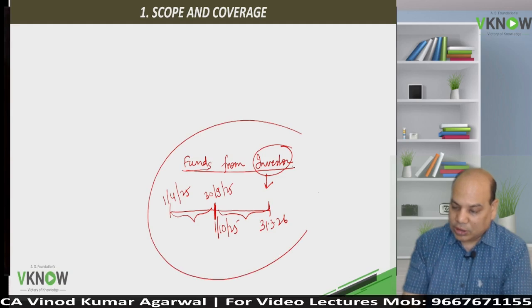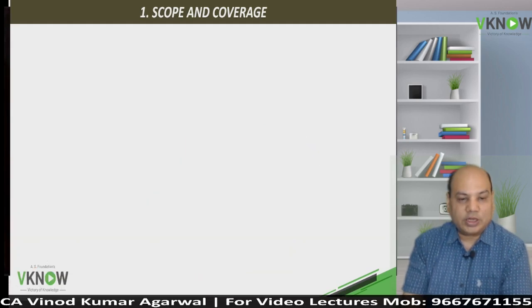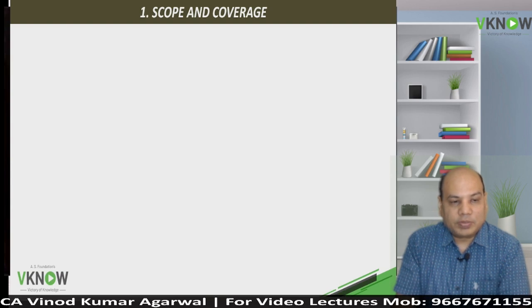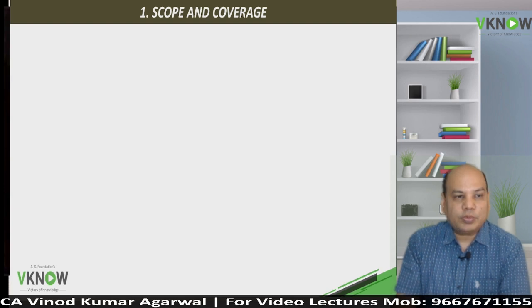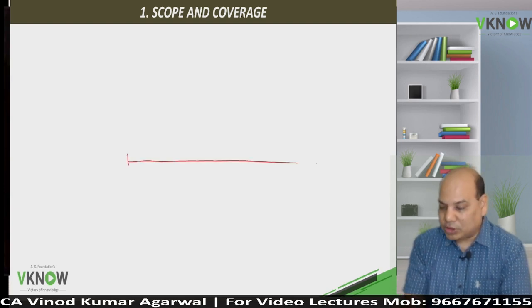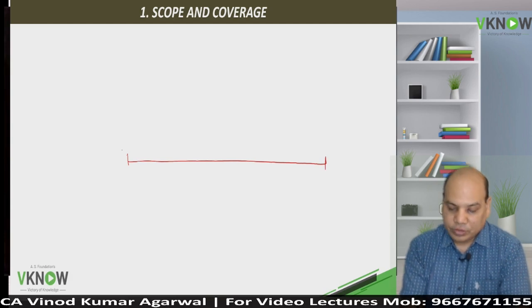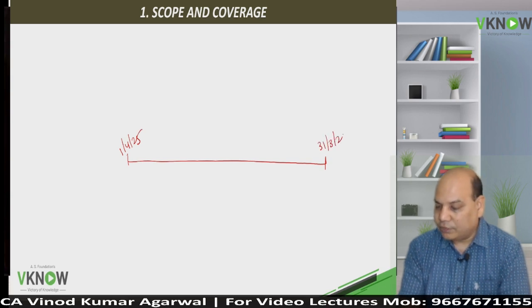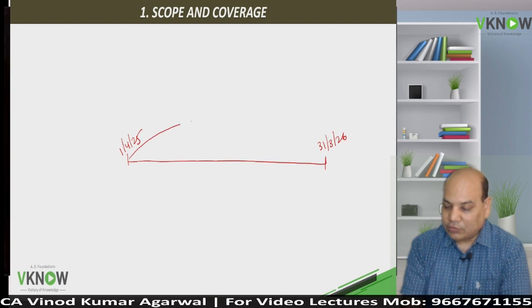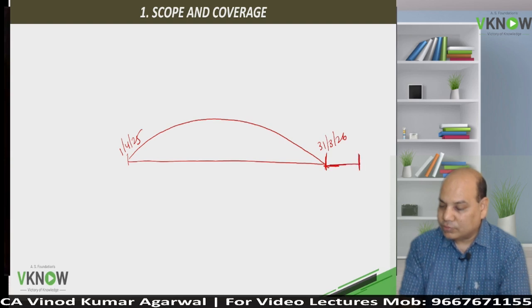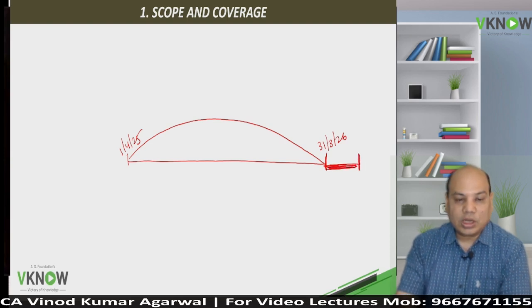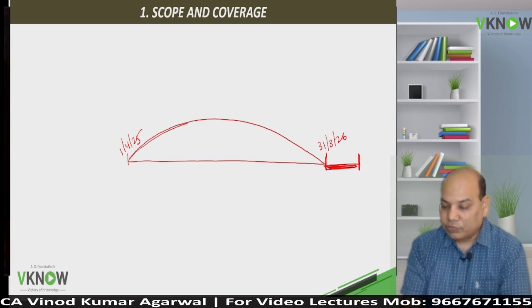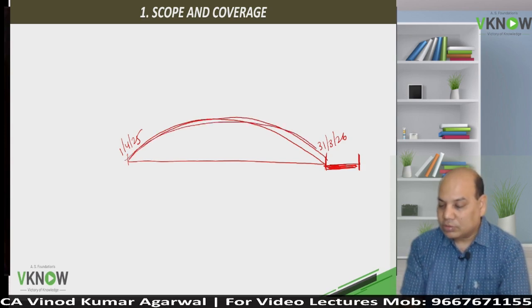Now the next question will come, why do we need to prepare interim report? When I am preparing annual report, why we need to prepare interim report? So the answer is to give information more frequently. Suppose my financial year is 1/4/25 to 31st March 26. Annual report will be issued after 31st March, which will cover the events and transaction of last 1 year. But